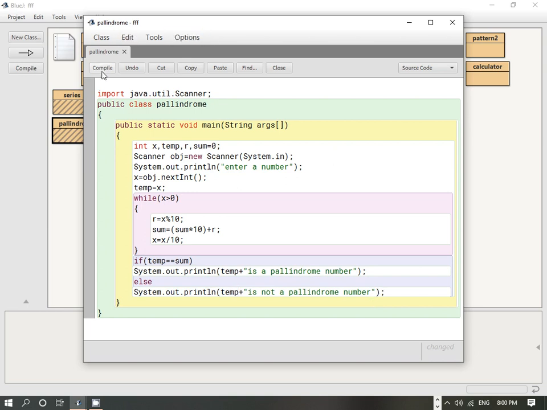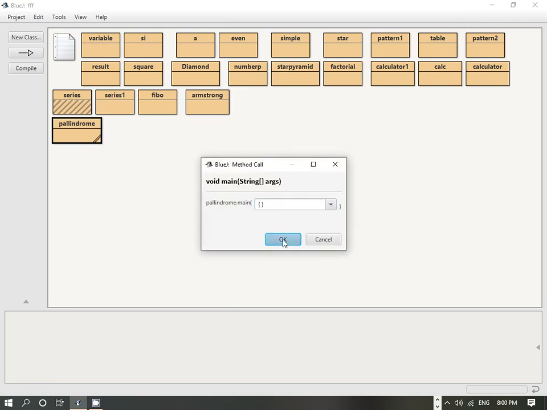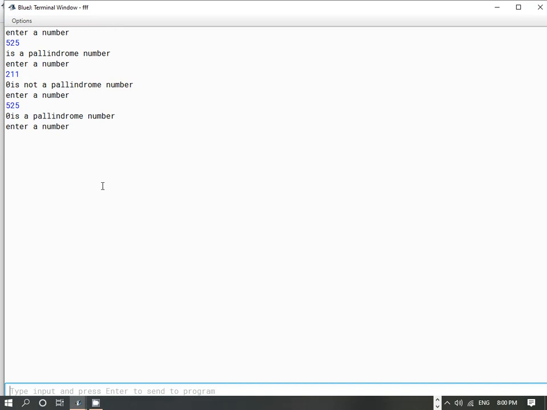Now we will execute the code and see whether we get any error. Void main. Here it is asking to enter a number, so let's enter 525 again. Now you can see that 525 is a palindrome number.